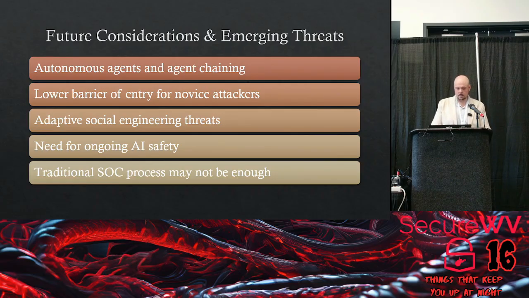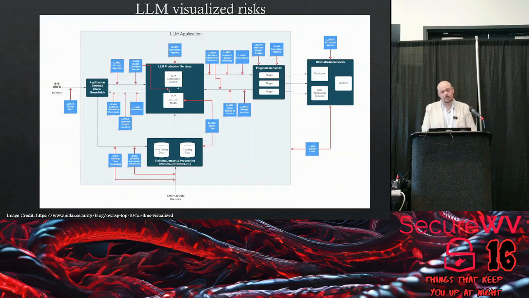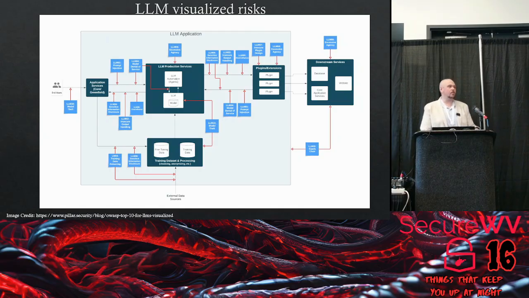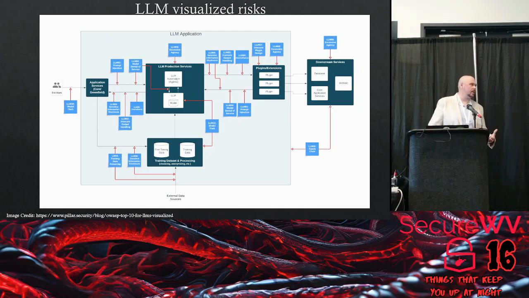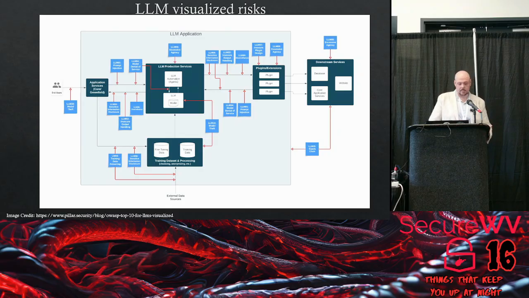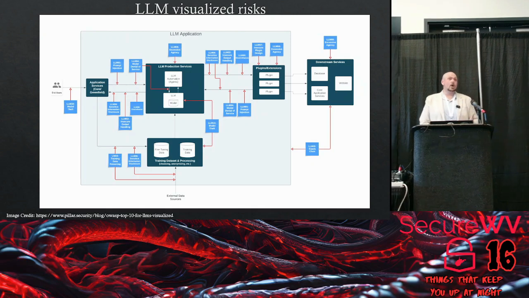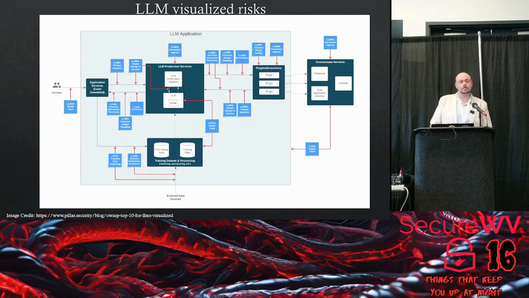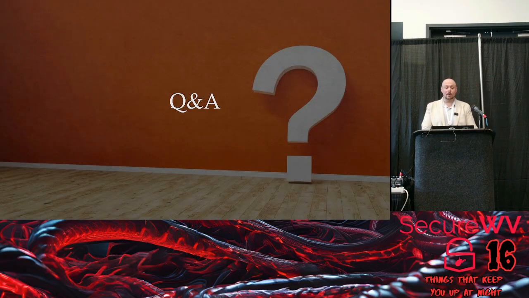And as promised, for those that are more technically inclined, this is kind of where those vulnerabilities lie in terms of the data flow and the model flow. I promise you I'm not going to drown you in it. I got this one from Pillar Security, and it identifies the OWASP Top 10 and where each fits inside the flow. Some of these are poorly named, I won't lie. All right, with that, any thoughts, questions, concerns?